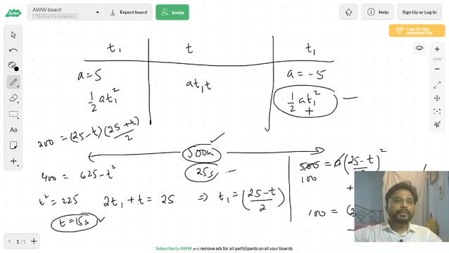So this will be it for this lecture, in which we discussed how we apply equations of motion in questions where the particle is simply accelerating, or where the particle's motion is divided in 2 or 3 phases. When it is divided in three phases, the final velocity of one phase becomes the initial velocity in the next phase, and we use the information from each to help each other out.